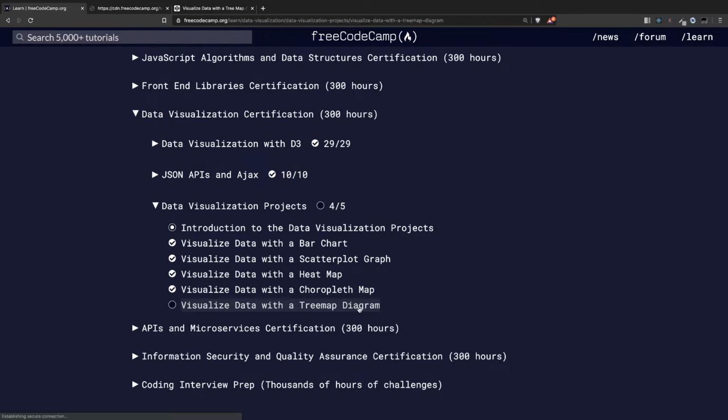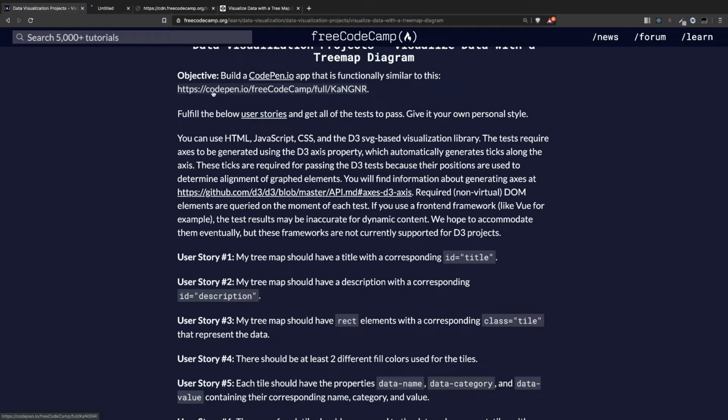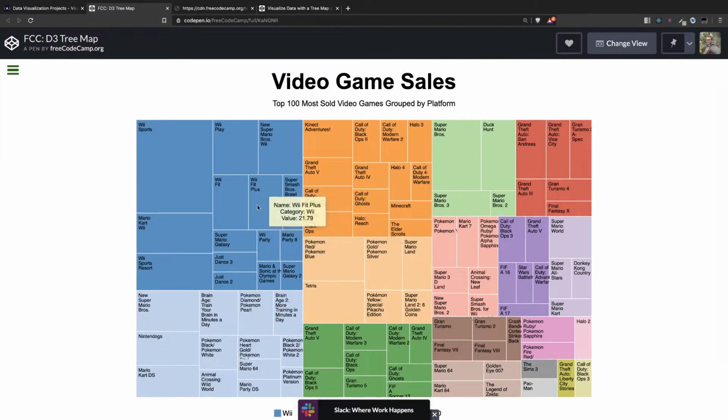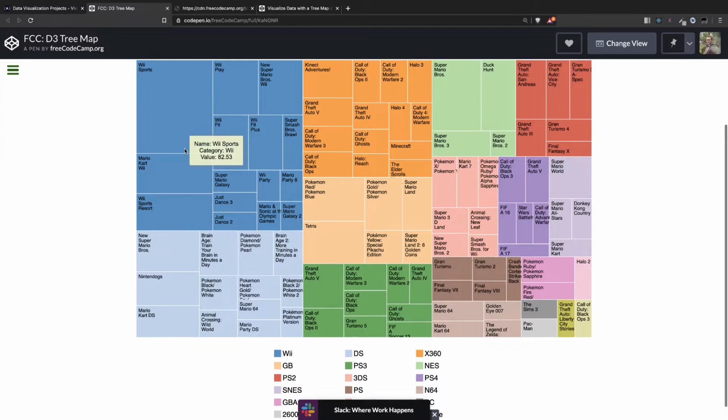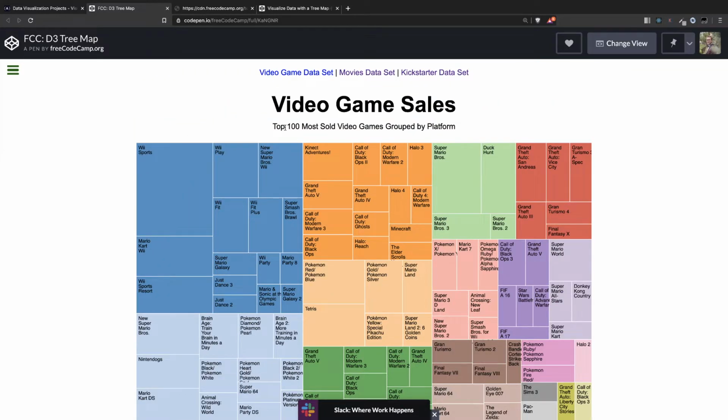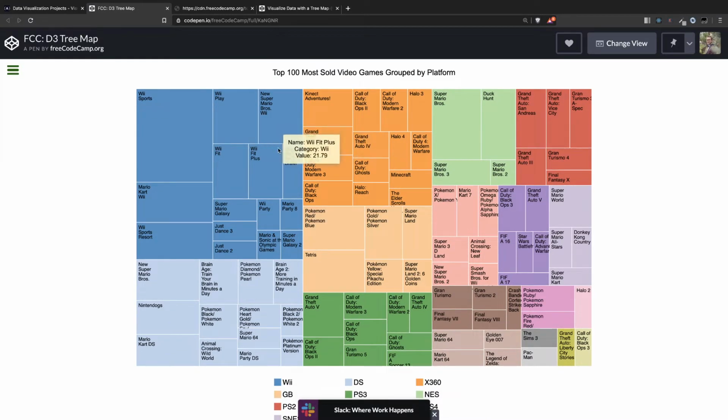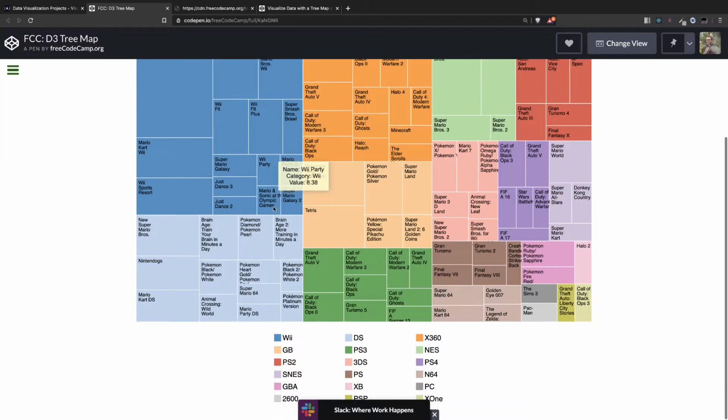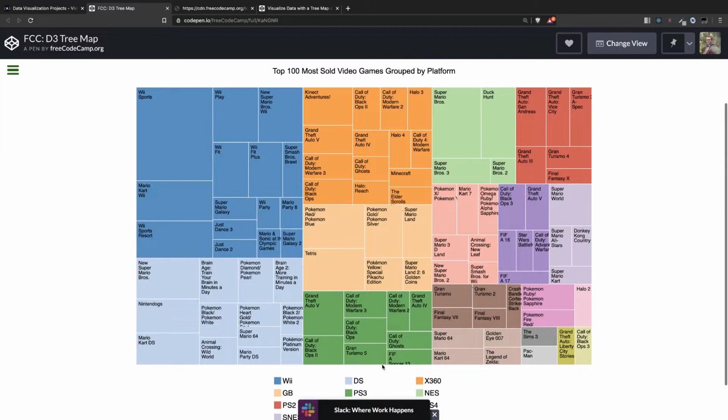So let's first see what we had to do for this project. There is this project and we had to copy it. Now, this project shows the top 100 most sold video games. And here you can see they're also grouped by the platform. So we have Wii, PS, Xbox, X1, PlayStation, and all of those platforms. And you can see they are grouped, and you also can see the value if you hover over,